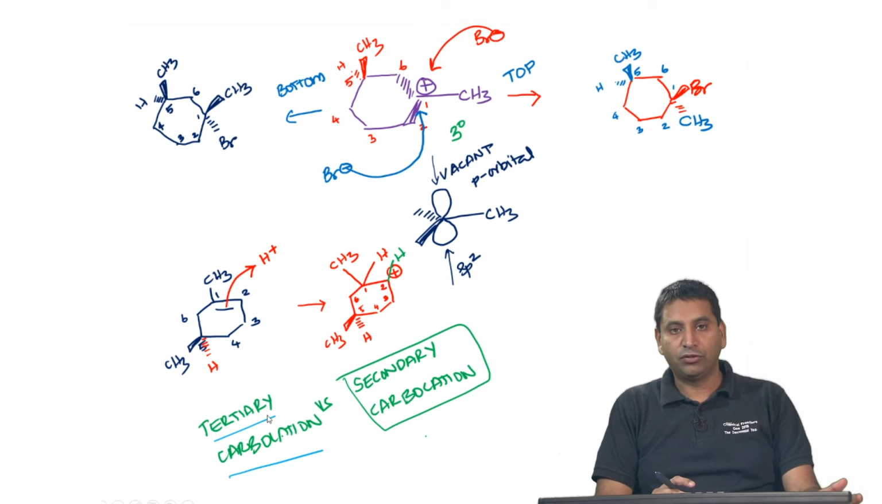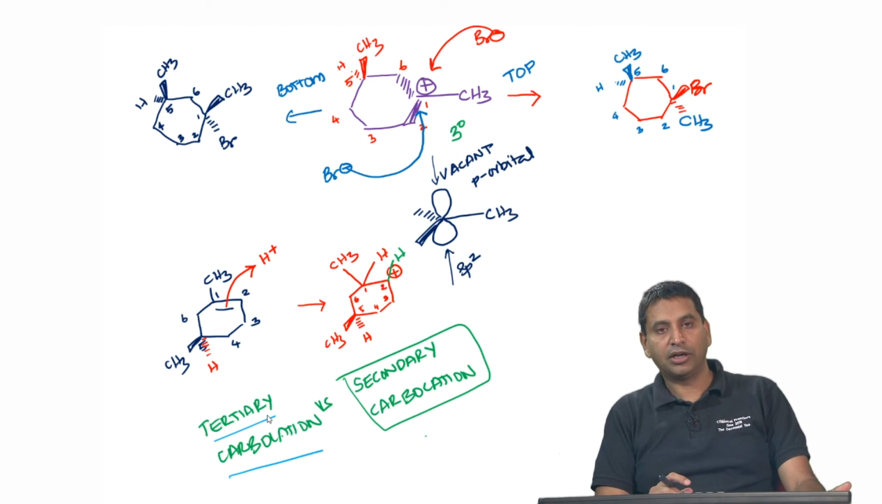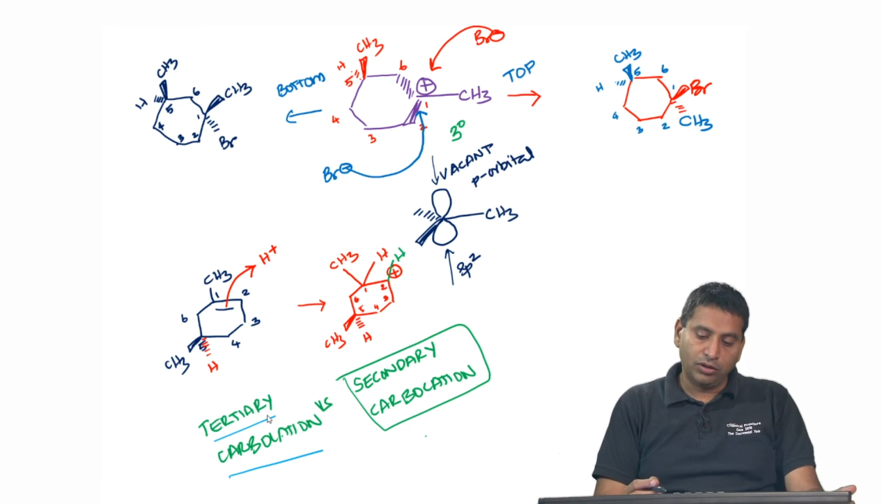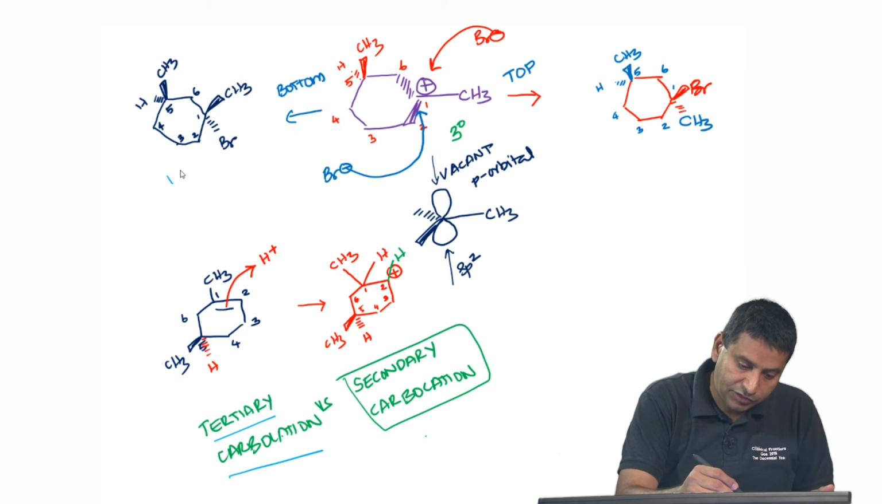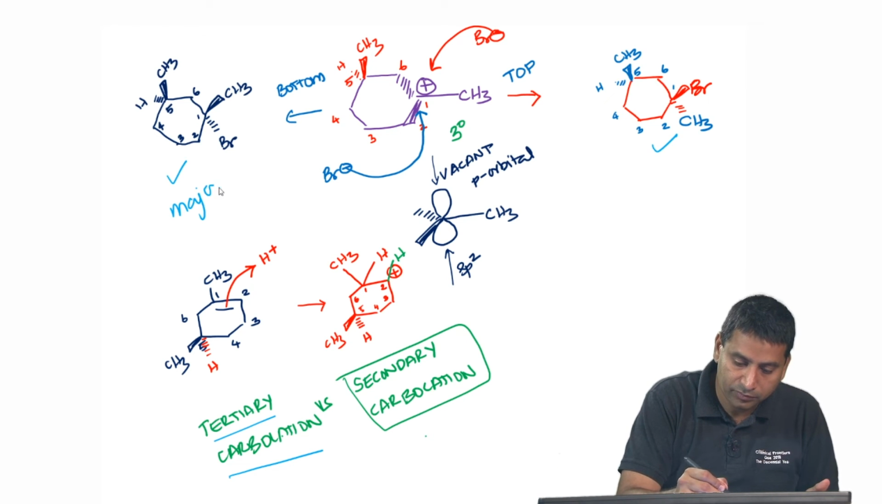So, what we have studied so far is that the tertiary carbocation is more stable than the secondary carbocation, and therefore, I would expect that the tertiary carbocation would be formed in preference to the secondary carbocation. So, extending this concept further, we would expect that these two would be the major products,